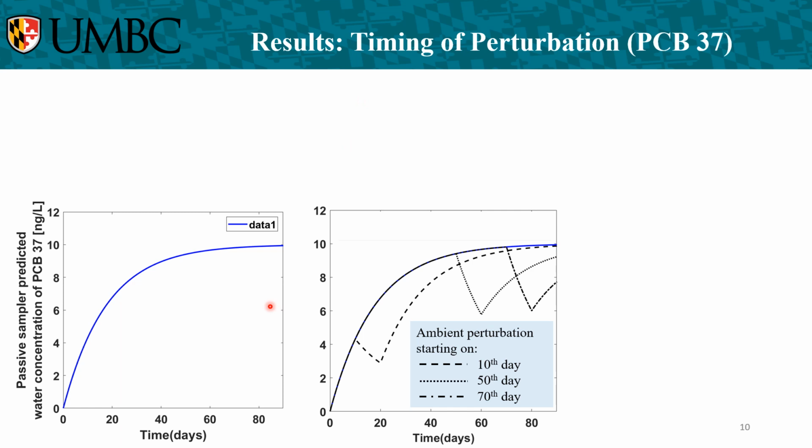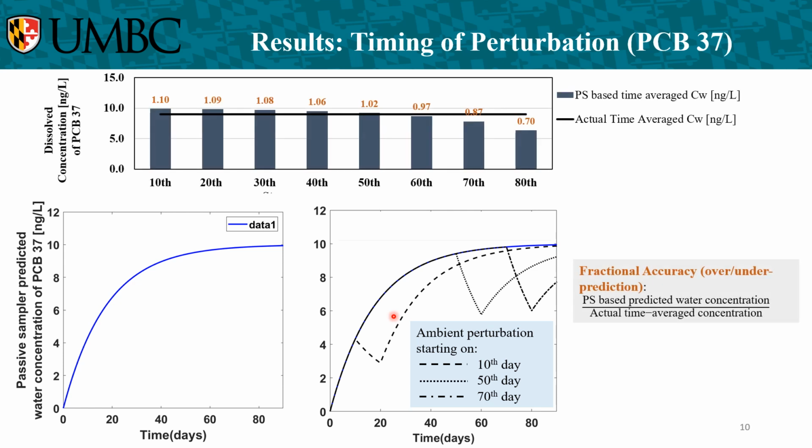In comparison, here we are looking at the accumulation profiles of a tri-homolog compound PCB37 in a 1 ml PE passive sampler under no perturbation scenario on the left and under the influence of the perturbation scenario starting on the different days on the right. The passive sampler predicted dissolved concentration is plotted against the starting days of the perturbation in this bar plot here. The numbers marked in orange are the fractional accuracy terms, which is the ratio of the sampler predicted and the